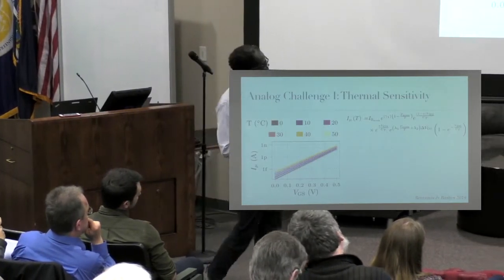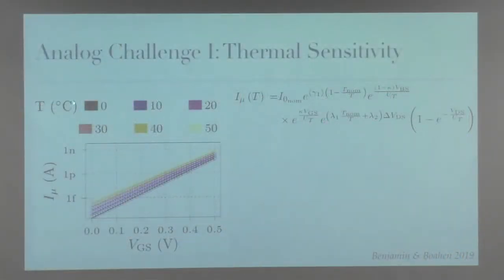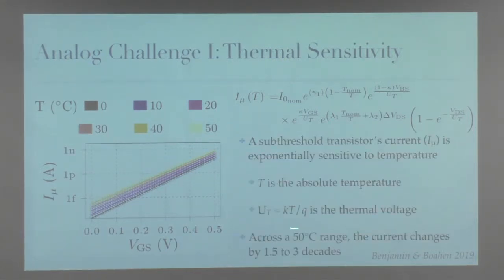And not only that, we are temperature sensitive. So if you took just the same transistor and you swept the temperature over 50 degrees Celsius, you find out down here it changes by almost 3 decades. That's 3 decades of current here. So the variability is on the order of 1.5 to 3 decades over a 50 degrees Celsius range. And it turned out that when we got NeuroGrid back in the lab and we measured some tuning curves, we put it in an oven, we swept the tuning curves, we could decode temperature from NeuroGrid neurons with 0.2 degrees Celsius accuracy. Okay. But that was over a 2 degrees Celsius range.